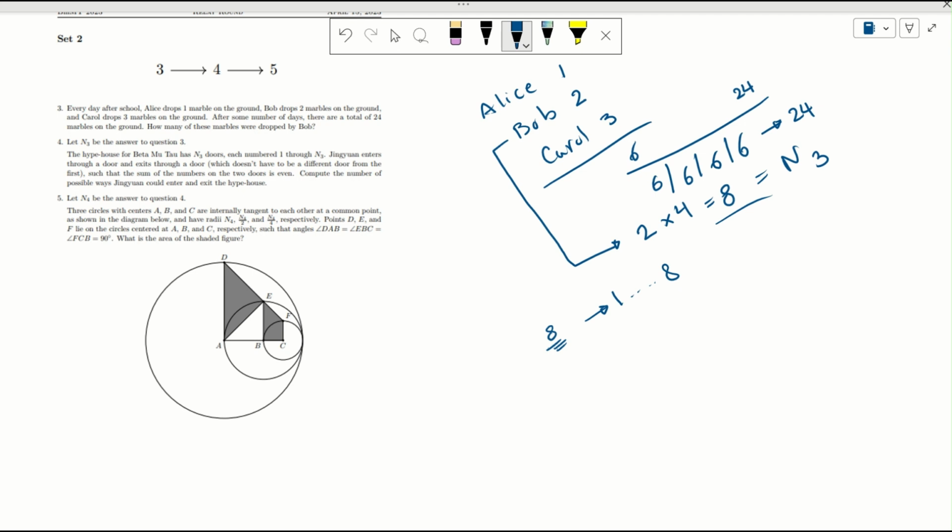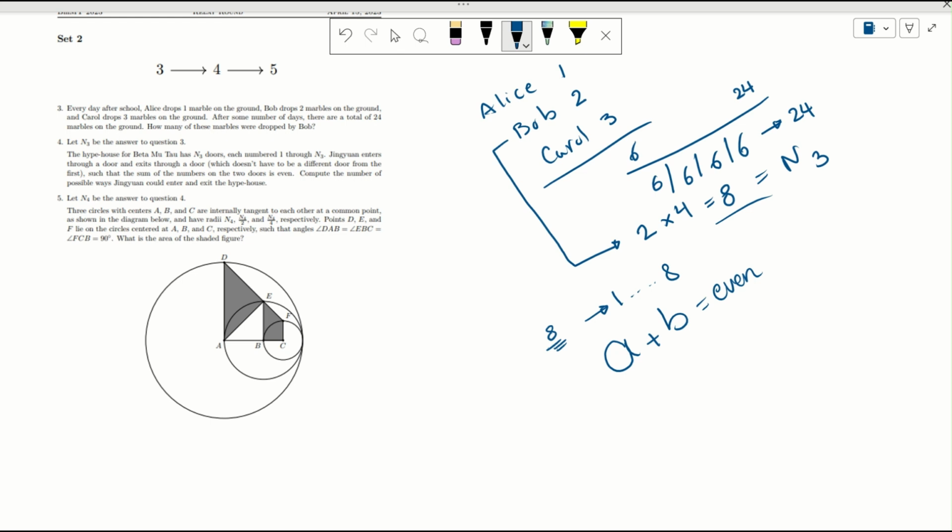Now let's see how we're going to solve this. As you can imagine, first of all, we have 2 numbers. Let's say the first number is going to be A and the second number is going to be B. And the sum of these needs to be even. Since we are talking about even and odd numbers, the first thing that comes to mind is basically from these N3 doors,